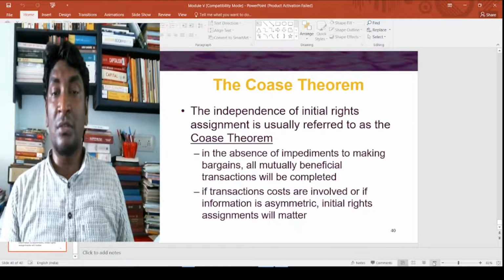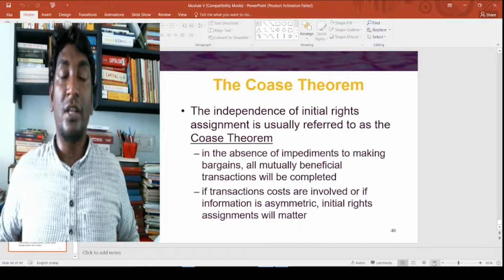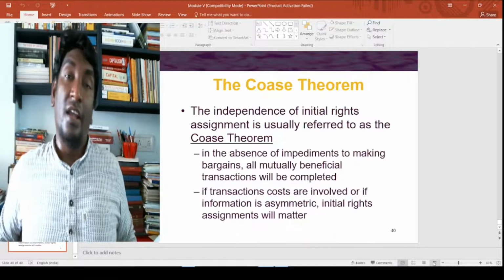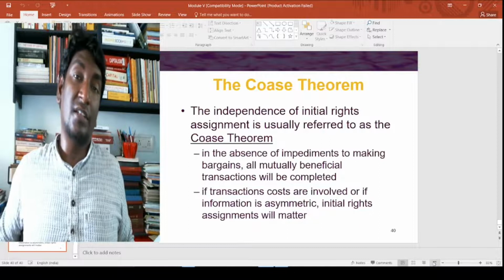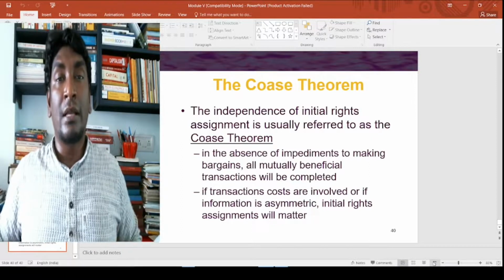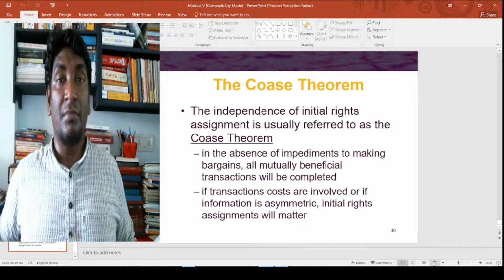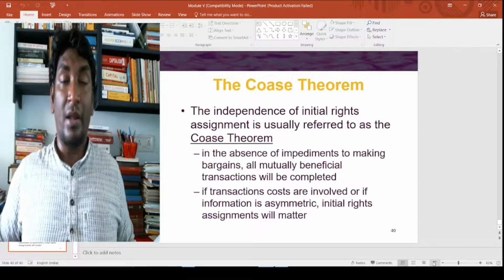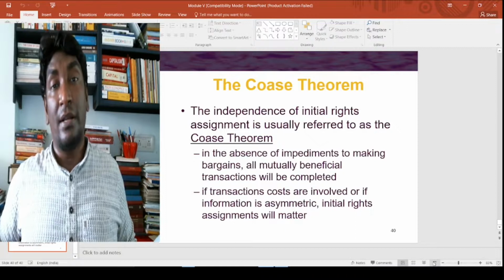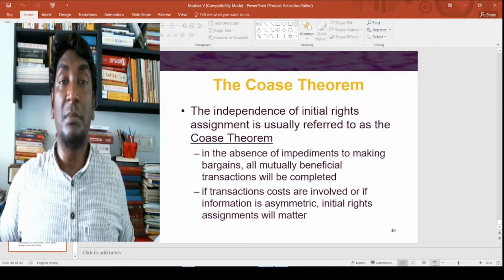So this is the most important observation. When does the right matter? If there is a positive transaction cost, the right matters. This is what the hypothesis says. If there is no positive transaction cost, then right assignment has nothing to do with it, because bargaining will take care of whatever happens in the market. This is what is called the Coase Theorem. Bargaining can overcome the problem of externality when transaction cost is zero, but when transaction cost is positive, bargaining and its efficiency are always questioned.